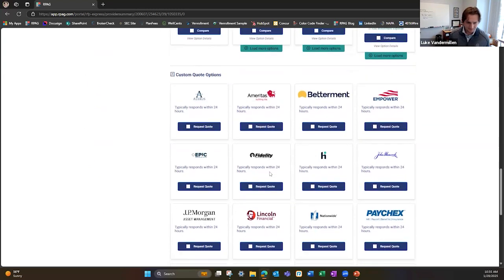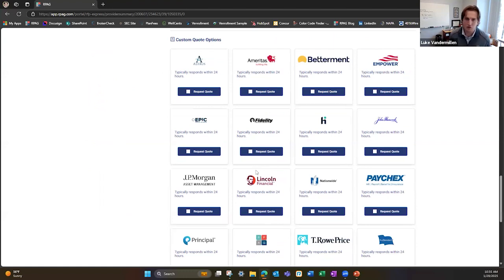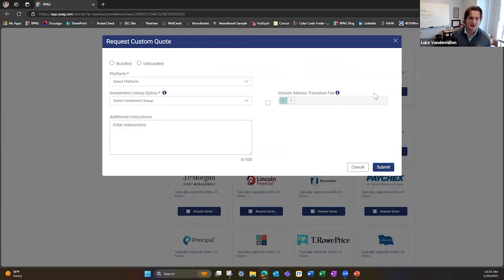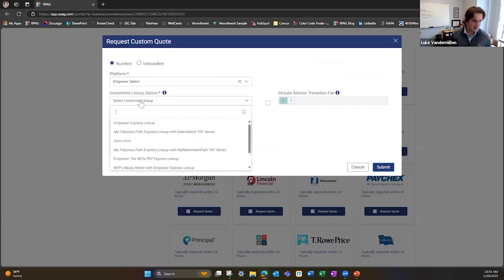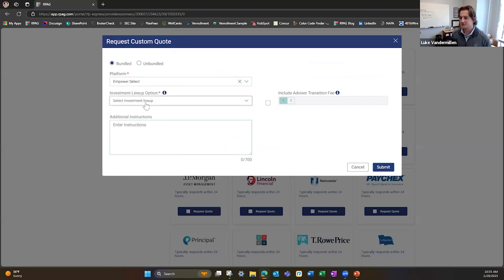Actually, if I scroll down here, you'll see a section where we can get what we call custom quotes. This is where you can actually tap a record keeper on the shoulder and say, hey Empower, I didn't see an instant quote for you based on the plan specs that I put in, but I'd still like to include you in this proposal process. So I can write through this section here, say, hey Empower, I'd like a bundled quote for you on the Empower Select platform. I can specify the investment menu I'd like them to use and put in any additional instructions in here. And then when I click submit down here in the bottom right-hand corner, it actually sends a request directly to these providers